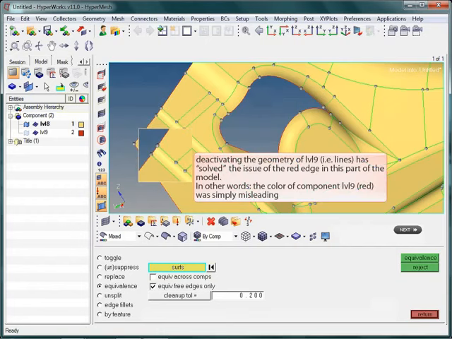Turning off the lines of component LVL9 is the answer to our little problem. Unfortunately, the color of the component LVL9, and thus, the color of its lines are red. This is in fact the cause of the problem that we encountered here. Keep in mind that the color of lines does not say anything about the surface connectivity, as lines are not part